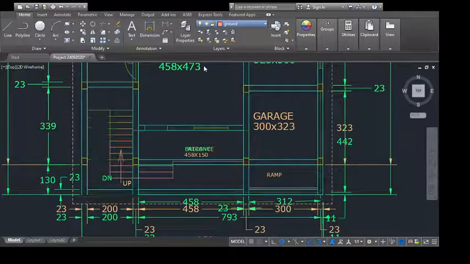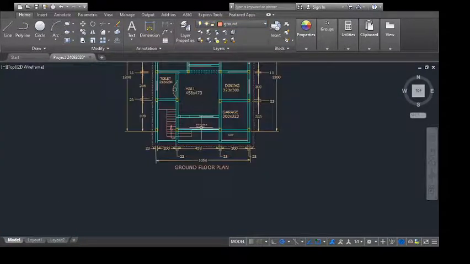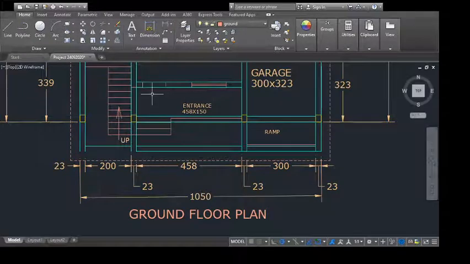Let me remove the first floor and let us have a look. Now when I look at this, there is my entrance, there is my garage, and this is beyond the building. This is beyond the building part. Can I not have a simple cantilever projection over here? Only have the beam over here, beam over here. So this beam over here like this. Okay, so let's show it like this.